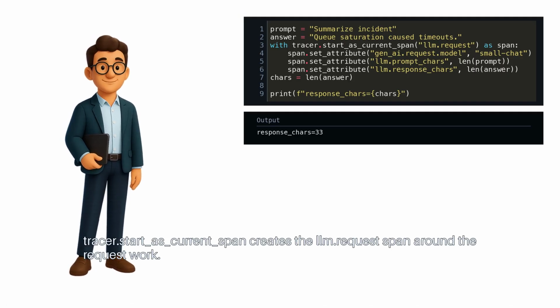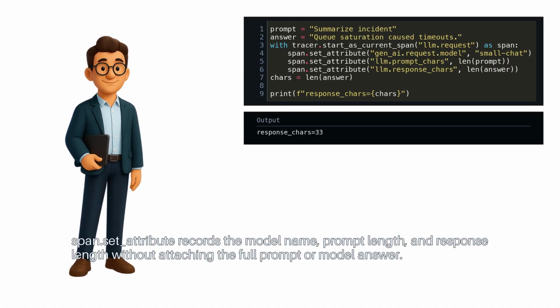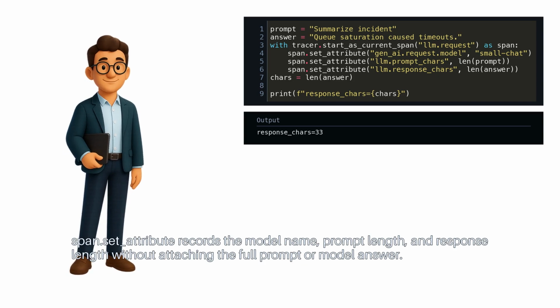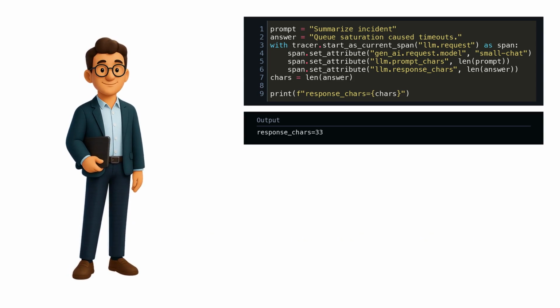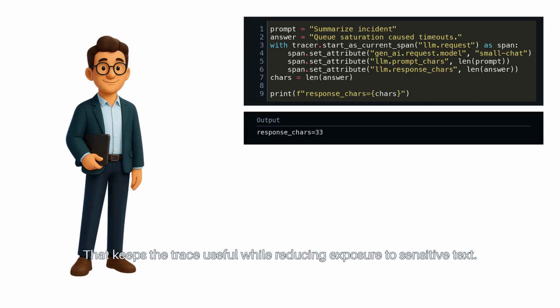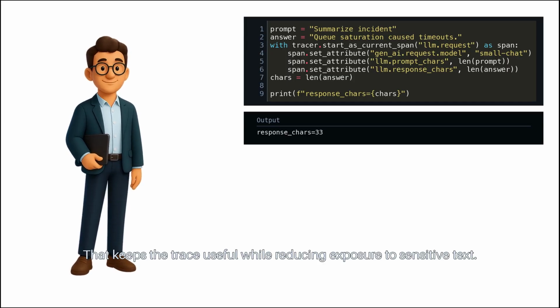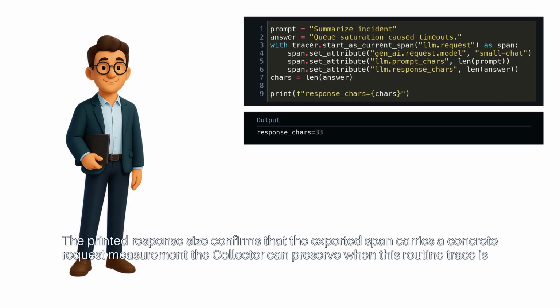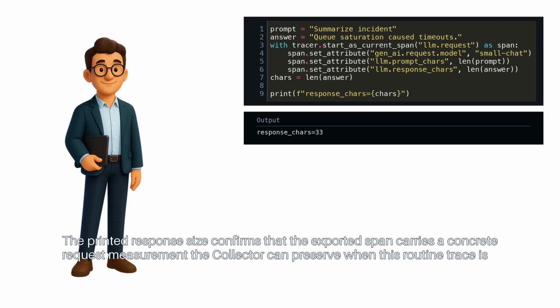Tracer.start_as_current_span creates the llm.request span around the request work. Span.set_attribute records the model name, prompt length, and response length without attaching the full prompt or model answer. That keeps the trace useful while reducing exposure to sensitive text. The printed response size confirms that the exported span carries a concrete request measurement the collector can preserve when this